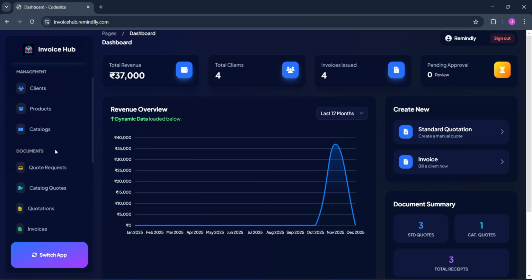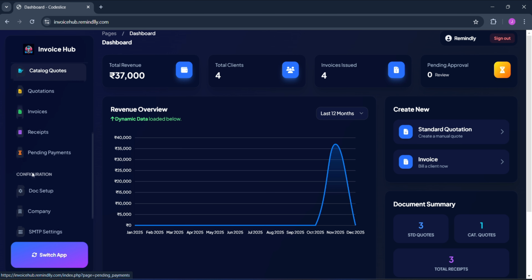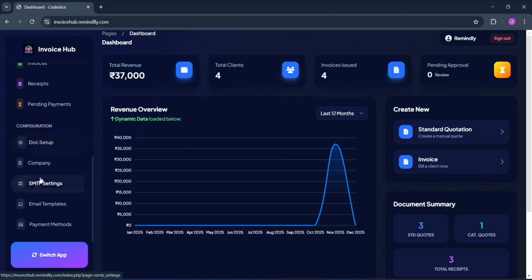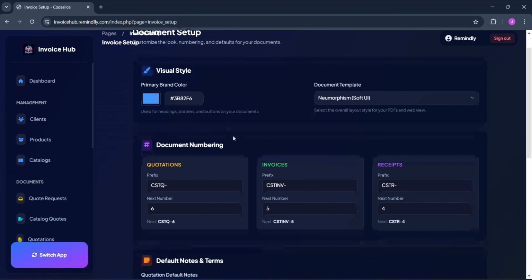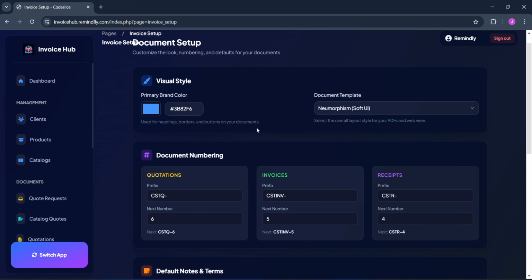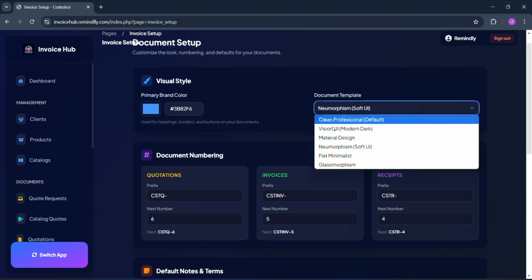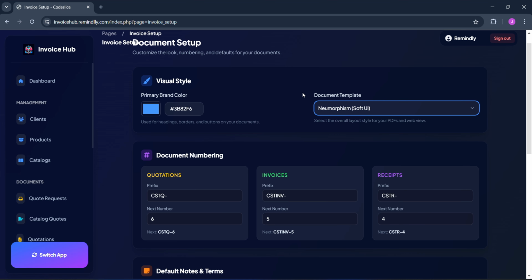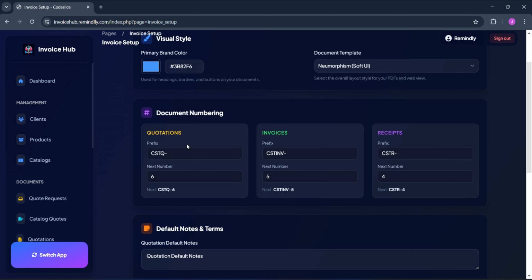Okay, so we are in InvoiceHub. Firstly you need to complete your setup, document setup and company setup. Document setup is basically designing your document style, and you're choosing different theme options. Let's say you need to set up a number prefix for your document, you can set it